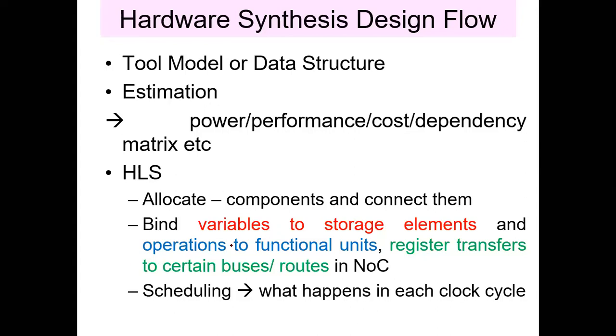And obviously there will be different functional units. That means what are the operations that need to be done by the corresponding functional unit. ALU will be there, which can perform additions, arithmetic and logical operations. What are the operations that need to be done by these functional units? All this will be defined in the case of binding. Then comes the scheduling. That means what happens in each and every clock cycle will be defined in the schedule. This is what we call HLS.